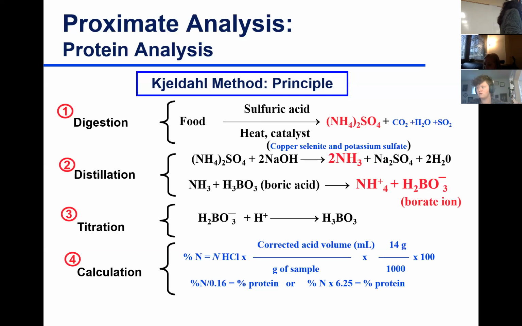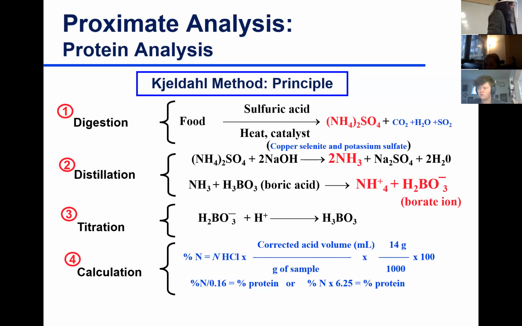So what happens here is the sulfuric acid reacts with the amine groups and forms ammonium sulfate. Now we're following the nitrogen. The easy way to remember Kjeldahl is to see where your nitrogen is going in the reaction. We're following the nitrogen because we are after analyzing nitrogen content. So hence it's in red, we're following the nitrogen. So you form